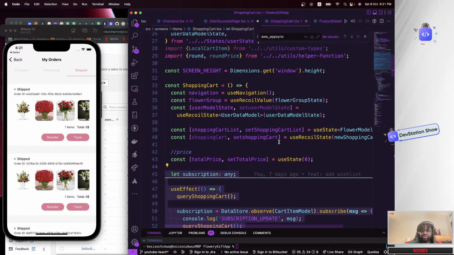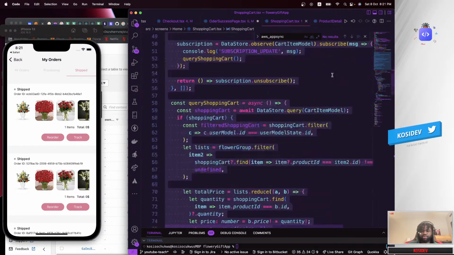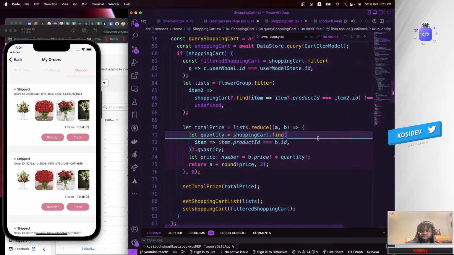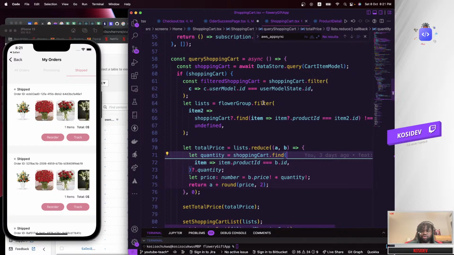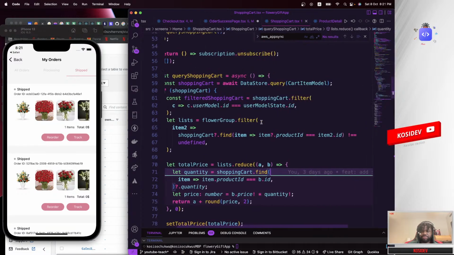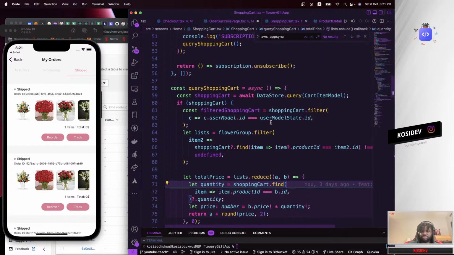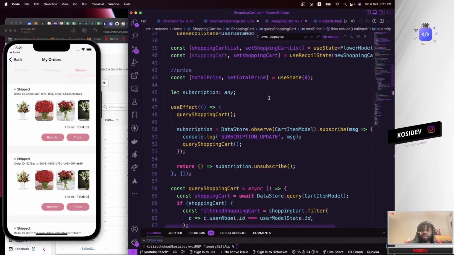If you head over to the shopping cart, so Flowery group states, we should have over here, and we're looping through it. So we looped through our Flowery group states. Okay, that makes sense. Okay, I got it.